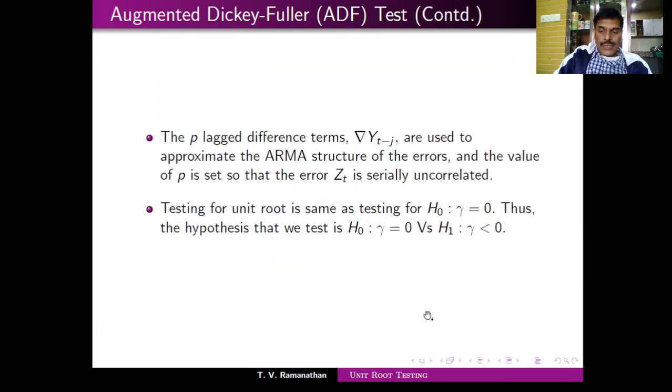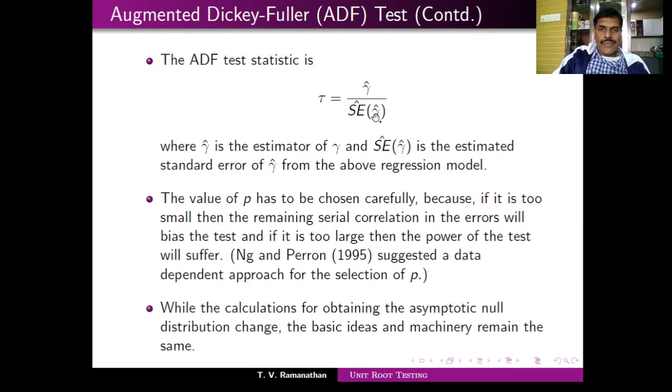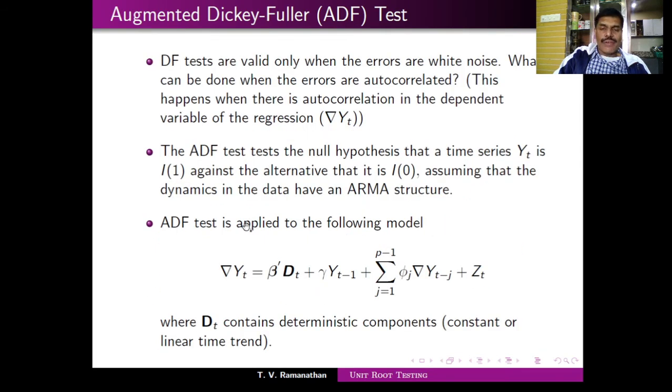So let's look at this particular one. This is the test statistic that we use, and the asymptotic distribution of the augmented Dickey-Fuller test is the same as in the case of the Dickey-Fuller test. Mostly we use ADF; the Dickey-Fuller test is not very much used, because there can be serial correlation and more terms can be involved. While using software, it will automatically identify P and do all the job for you. You simply give the command adf.test of the series.